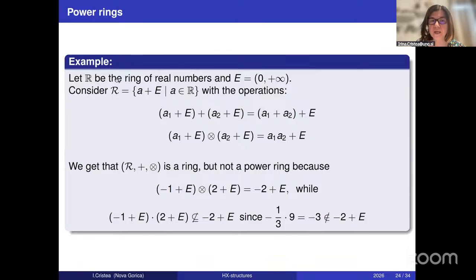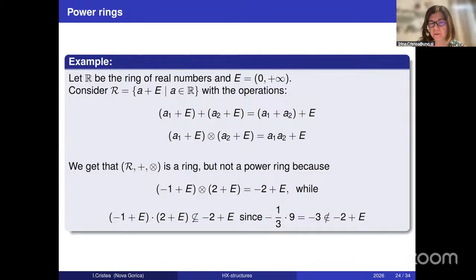Then we can construct this set R, defining the two operations in the classical way. This is a ring, but it is not a power ring, because if I make the multiplication between these two elements, what I will obtain, -1 times 2 is -2 plus E. While if I do the